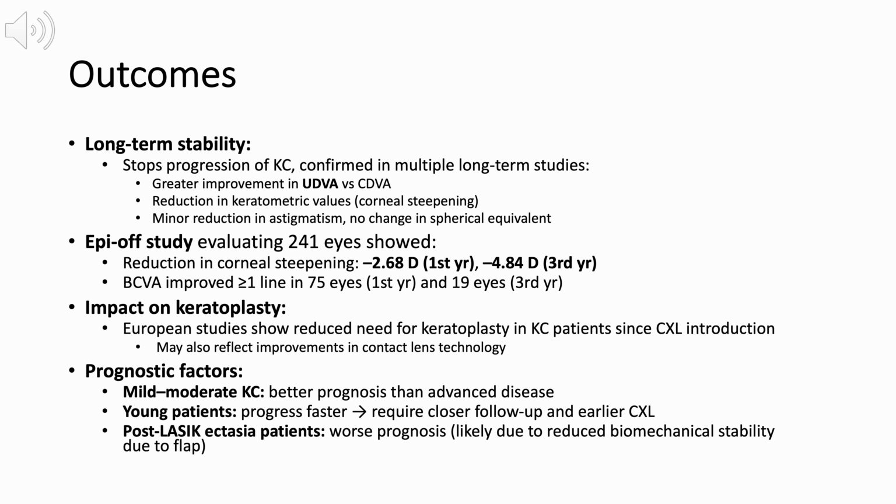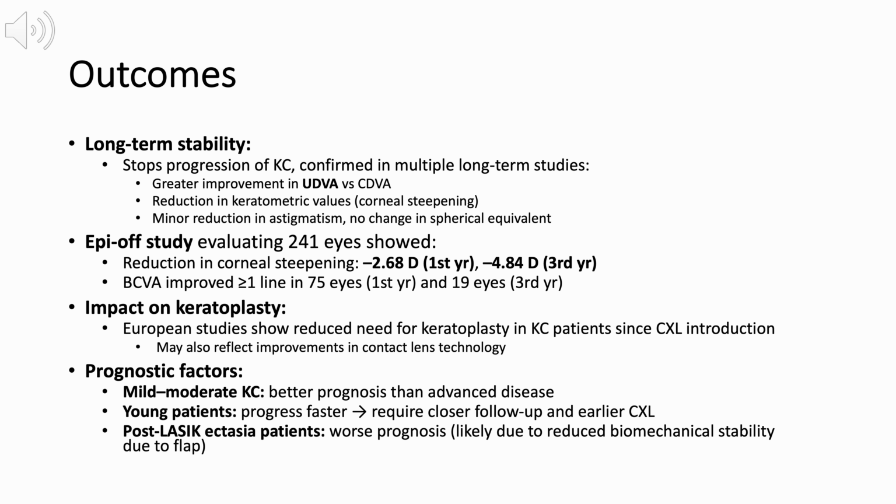The outcomes of corneal cross-linking have been well studied, with multiple long-term trials demonstrating its ability to halt the progression of keratoconus. These studies show improvements in both uncorrected distance visual acuity, UDVA, and corrected distance visual acuity, with a greater relative improvement in UDVA. Additionally, reductions are observed in keratometric values, which reflect corneal steepening, though astigmatism reduction tends to be minor